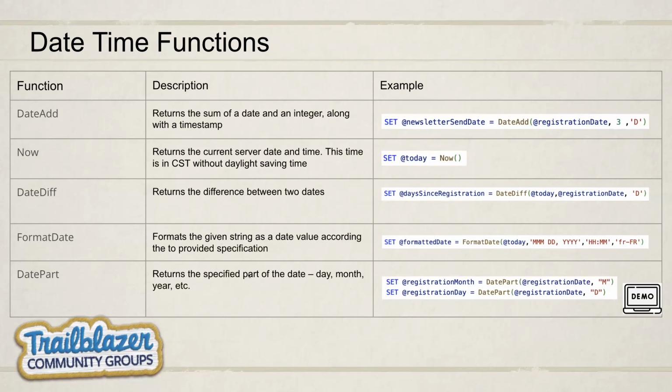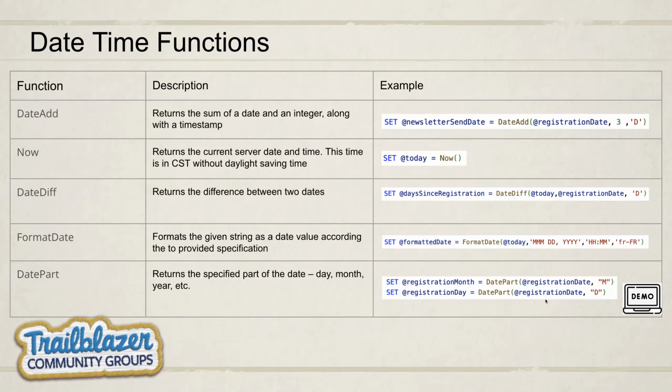Okay, the last one is date part. This returns a specified part of the date. If we're already using these other functions, then this might not be very relevant, because these functions also allow you to only specify a part of the date anyways. But if for some reason you have a date and all you wanted is to extract the month or day, then this is how you'd use it.